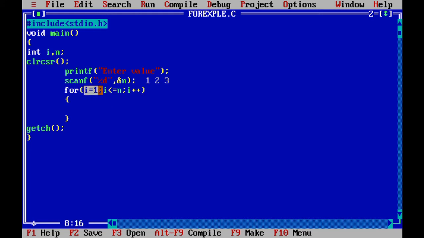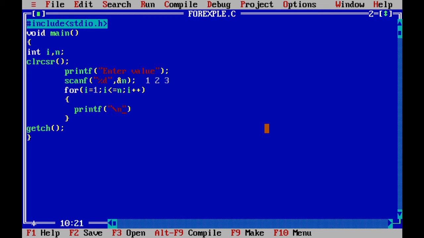First one is called initialization. Second one is a condition, and last one is the increment or decrement. Here we are incrementing the value of I. So you can write I is equal to I plus 1, then also okay. Otherwise you can write I plus plus also, then also okay. Both statements are correct. After that, through the printf, I will say that print the value of I onto the